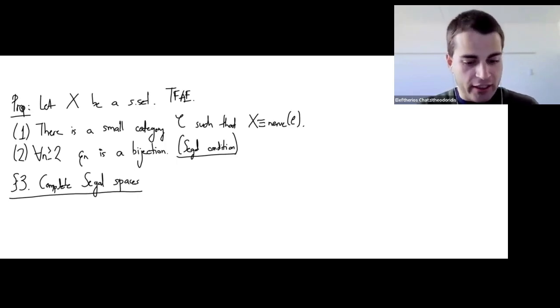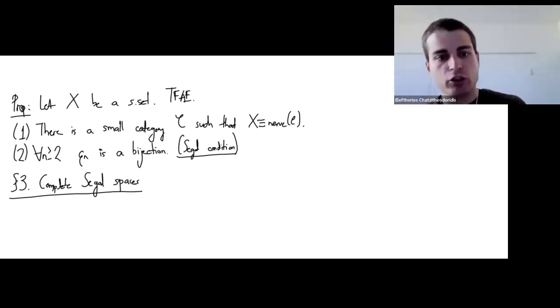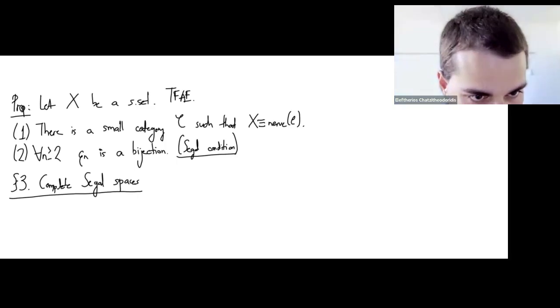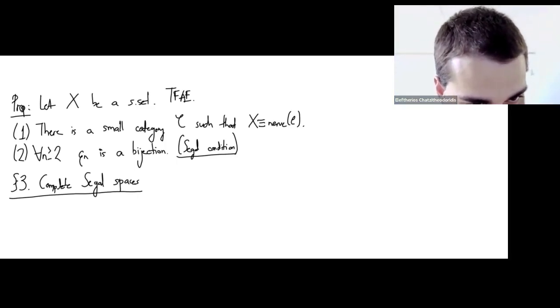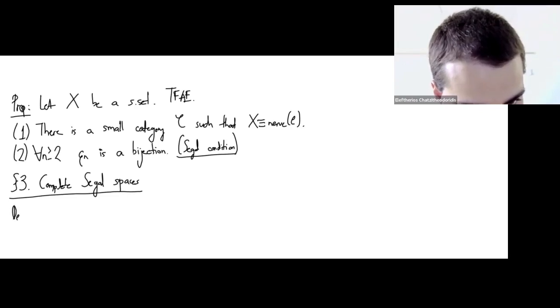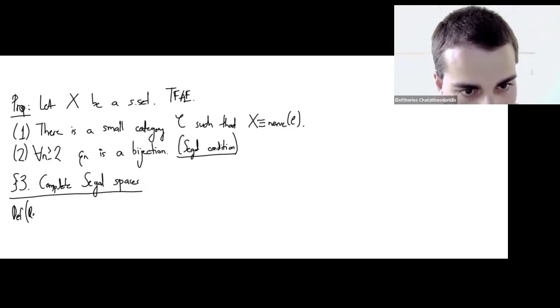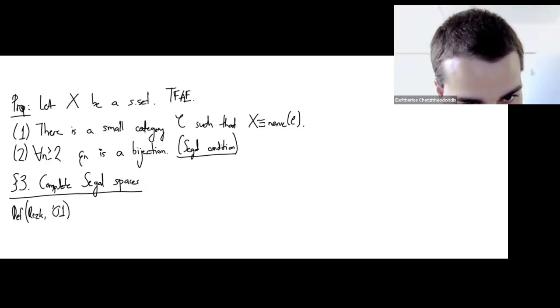And that turns out, thanks to the work of Rezk, to be a very good way to describe mathematical structures that are categories, but only up to homotopy. So let me write down the definition of what is called a complete Segal space. It's due to Rezk from 2001, his paper, "A model for the homotopy theory of homotopy theory", which says that a complete Segal space